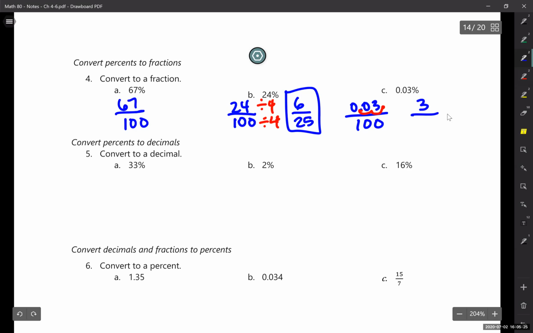So if I do it on the top, I need to do it on the bottom. Since I moved it 2 places, I need to fill in 2 zeros. I need to move that decimal over 2 places. So that the problem, let me scoot this over a little bit. The answer becomes